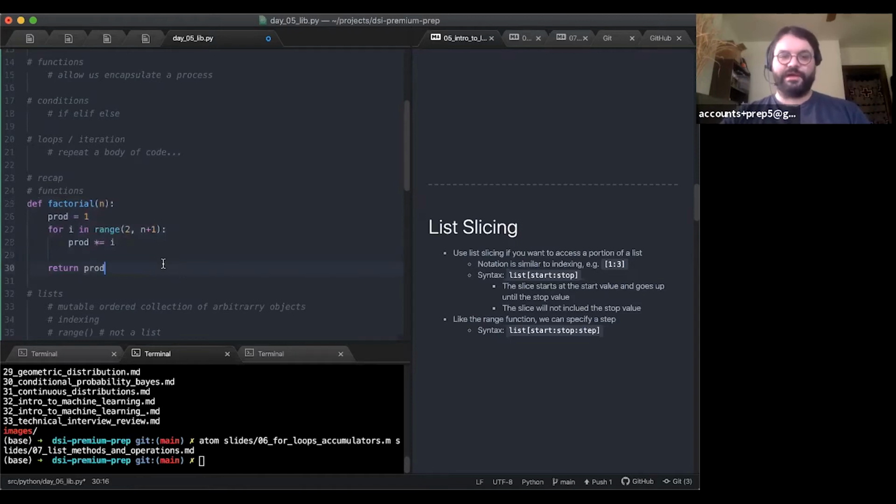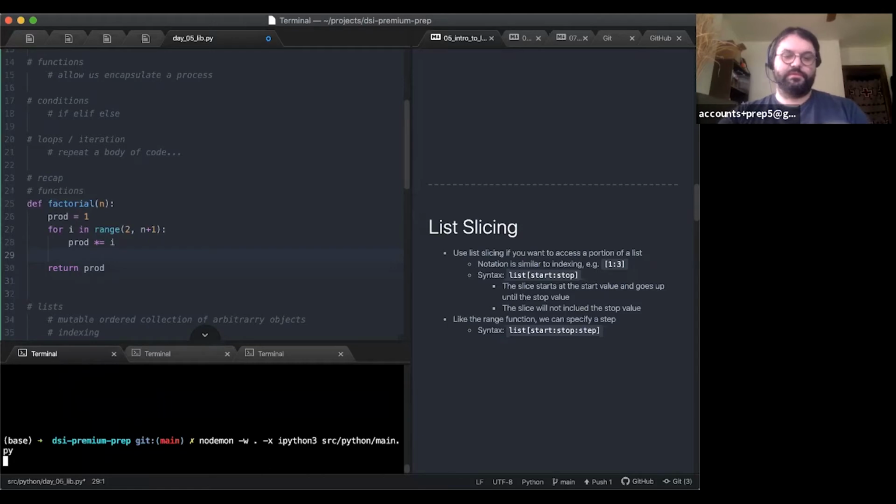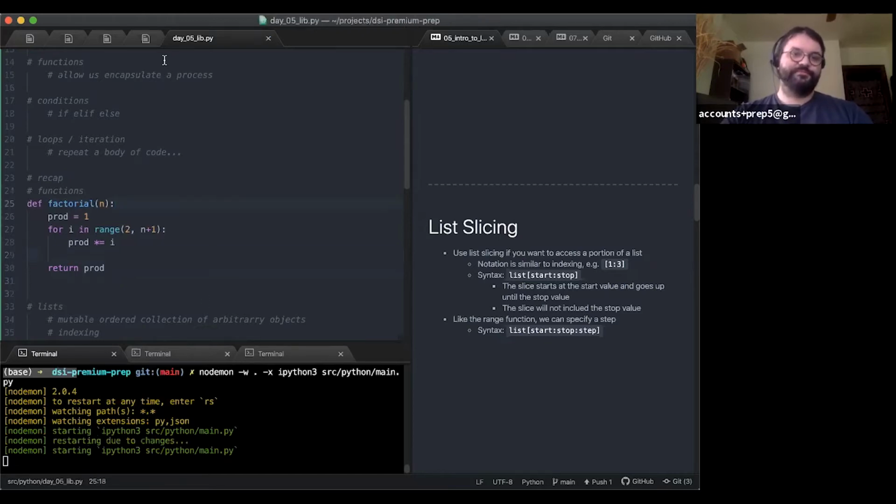Okay, so if I were to ask you, if I ran this code, what would happen? Your answer should be nothing. Nothing will happen if I run this code. I mean, let's prove it. This will take a second, I don't know why my interpreter is slow these days, but it'll take a second and you'll see nothing. Let's do that.